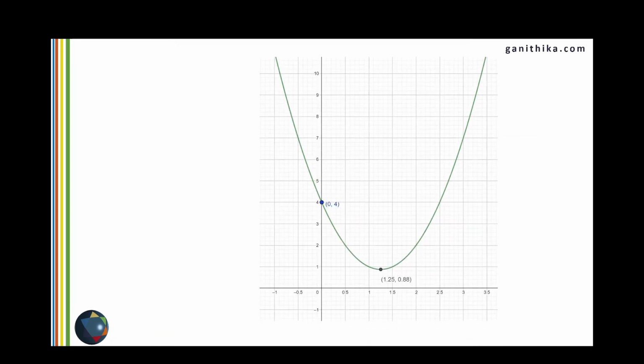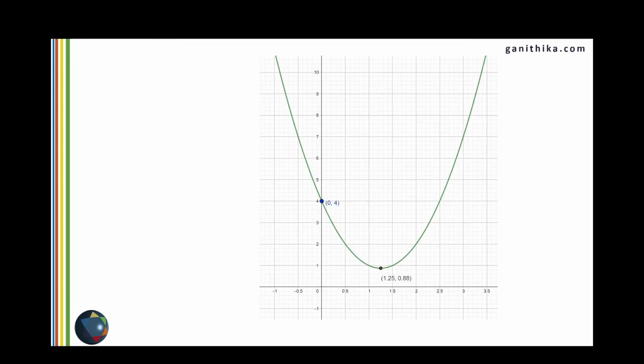Moving forward, what will you do if you have an equation where you do not have x-intercepts, which means you cannot solve the equation for y equal to 0. So you will not have 2 of the 4 points, which are the x-intercepts in this case. So you have only 2 points and 2 points are not enough to draw a curve, because 2 points can be used only to draw a straight line. You cannot draw a curve using 2 points. Therefore, you need at least 1 more point for this.